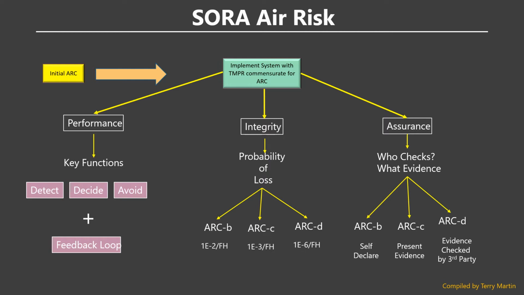For the integrity end of town, commensurate with the level of risk posed in your either initial or final air risk classification, there's failure rates over the equipment, and similarly, the higher the risk, the more important it is to have independent third parties and competent authorities checking the evidence and the submission. So that basically summarises air risk, and for a little while now I'm going to double down and concentrate on